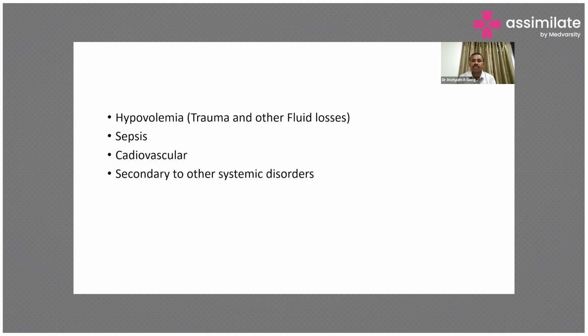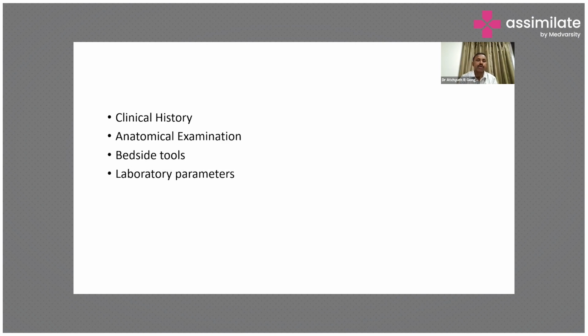So both distributive failure and pump failure. And in cardiovascular shock, you have myocardial infarction, poor pumping capacity of the heart, and secondary to other diseases as I described before. So you take a clear or brief clinical history depending on the situation, and you examine the patient,